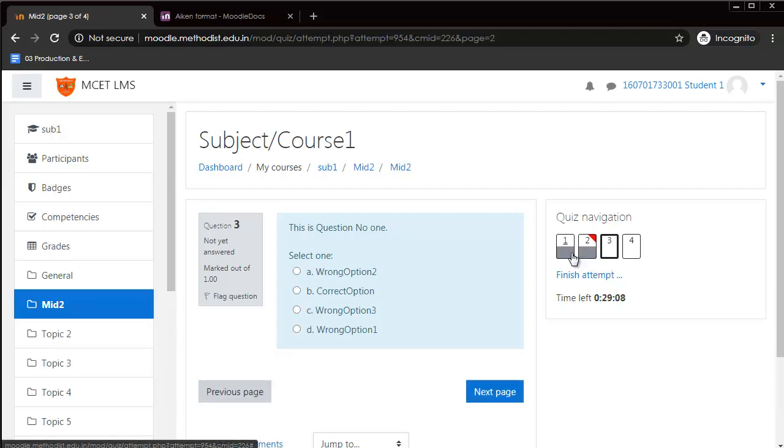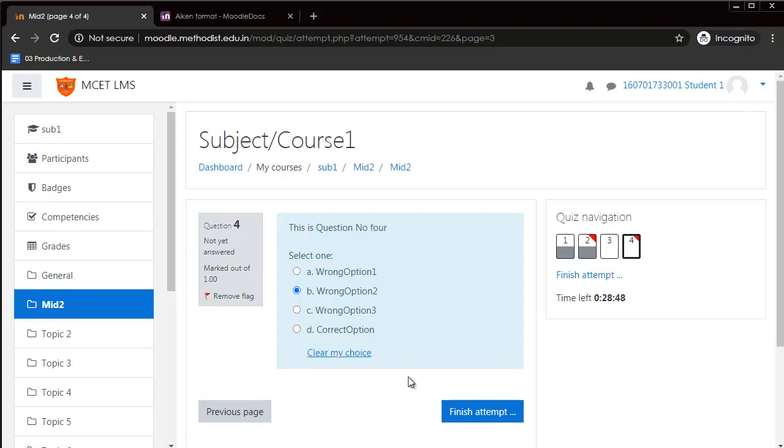Now, when the quiz is completely filled with gray mark, that means the student has attempted the quiz. If I'm not attempting the quiz, it will just appear as a blank copy. If I have placed a flag, of course, the right top corner will appear as flagged.